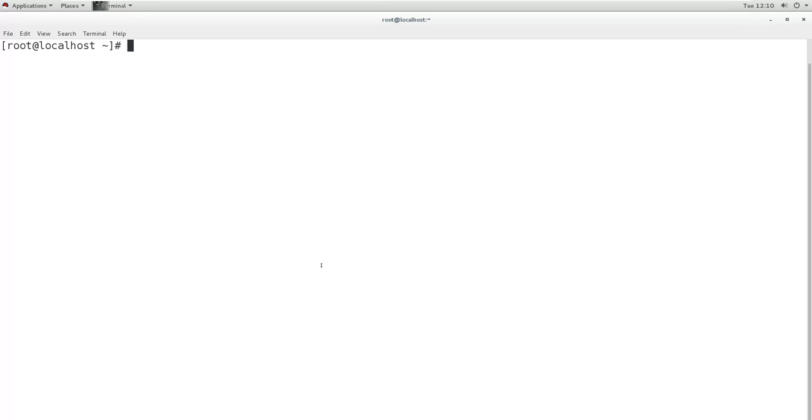So process management we have done. For checking the process, we use the ps command. When we use the ps command, it shows the current user's process from the current terminal. That means the terminal which the user is logged in. So it shows only from that current terminal.